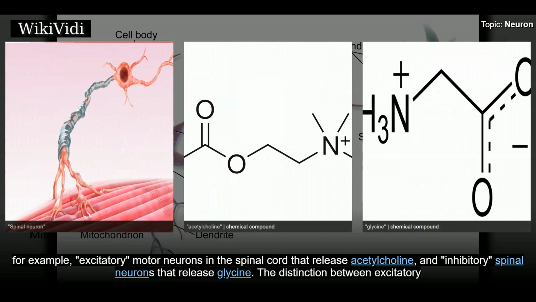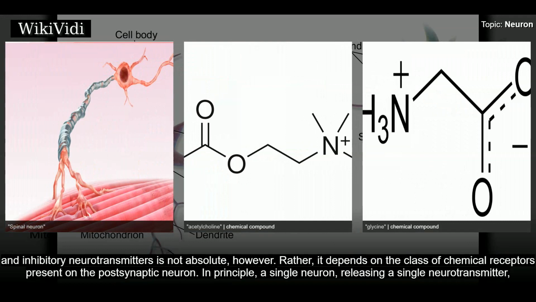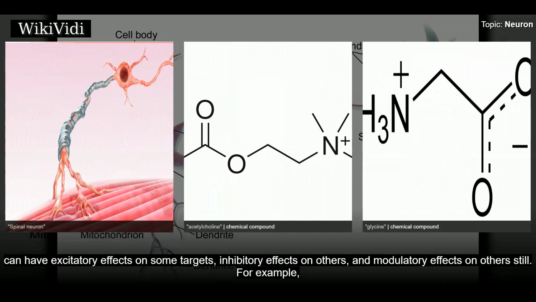The distinction between excitatory and inhibitory neurotransmitters is not absolute, however. Rather, it depends on the class of chemical receptors present on the postsynaptic neuron. In principle, a single neuron, releasing a single neurotransmitter, can have excitatory effects on some targets, inhibitory effects on others, and modulatory effects on others still. For example,